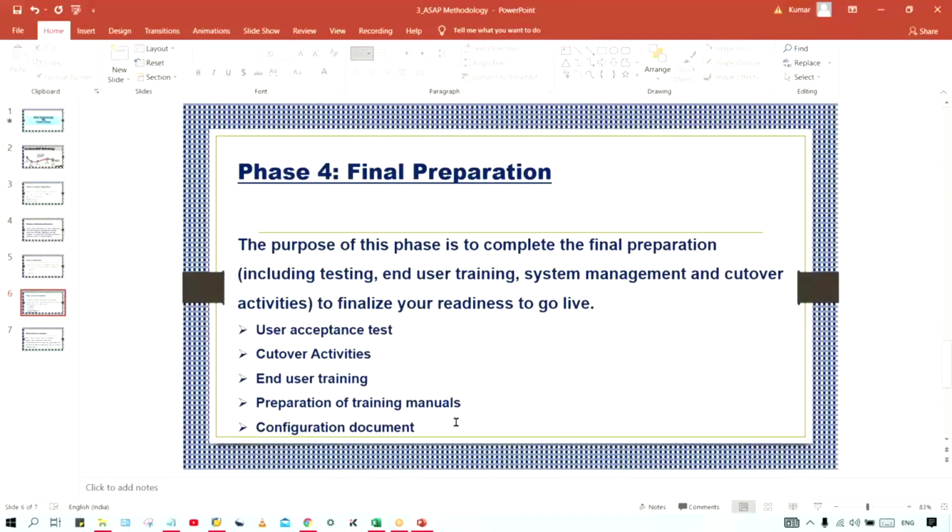Later on, generally what happens, say for example, Wipro Technologies is doing these configurations, in the sense implementations, and then we provide support for a short period. That is called hypercare.